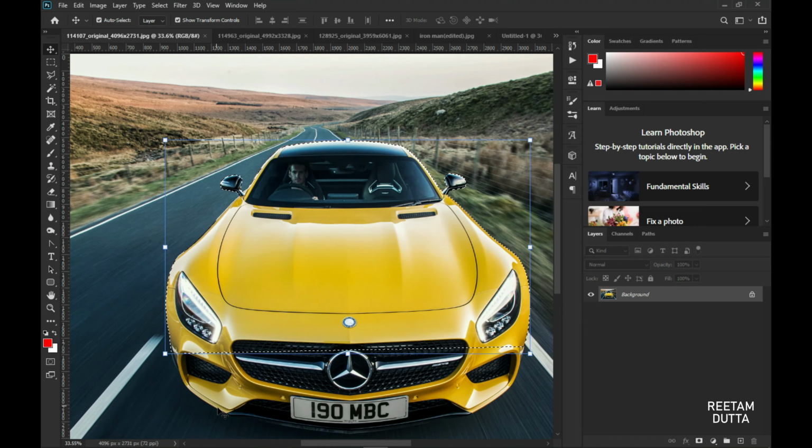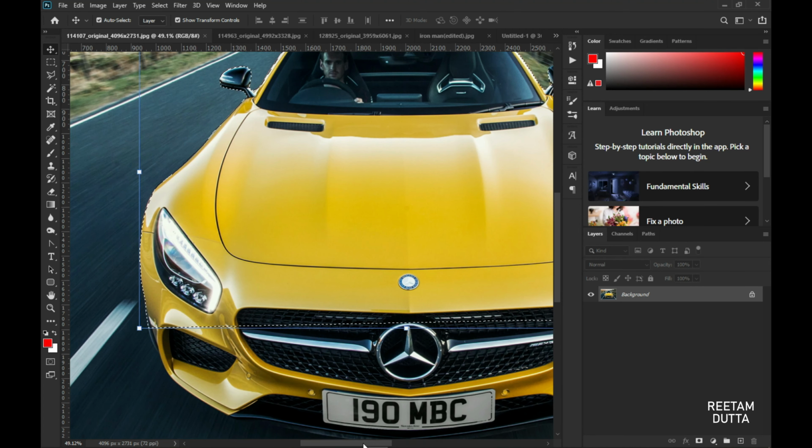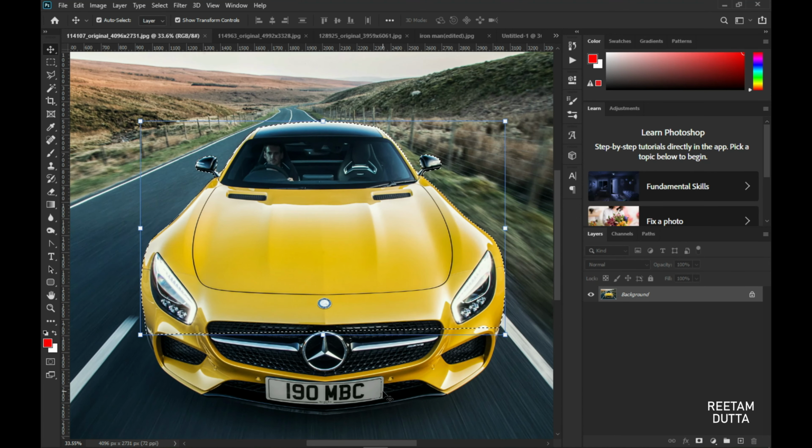Now, as you are seeing, I haven't selected the whole of Mercedes, but now I want to select as a whole.